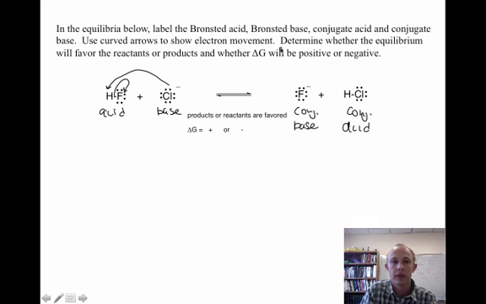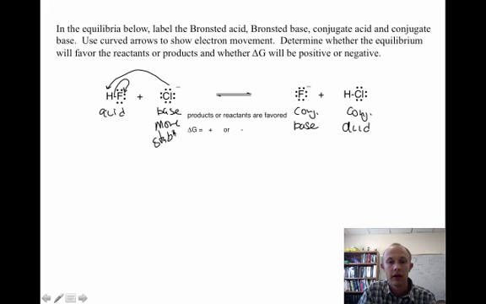Now we need to determine whether the equilibrium will favor reactants or products. In order to do that, what you want to do is evaluate the strength of your 2 acids. This is HF, this is HCl, right? Now you want to look at your conjugate bases, right? Cl minus, F minus, which one is more stable? Well, fluorine and chlorine are in the same column, so we need to look at size. Cl minus is more